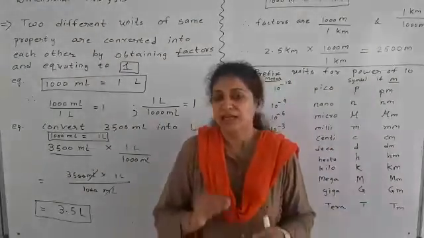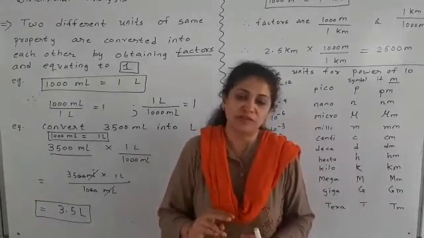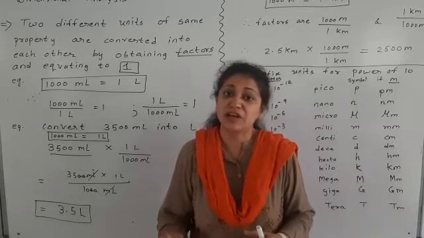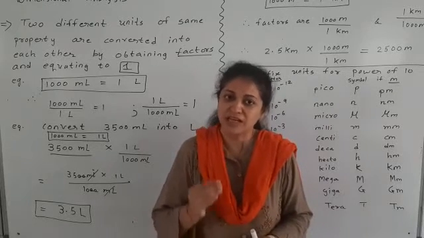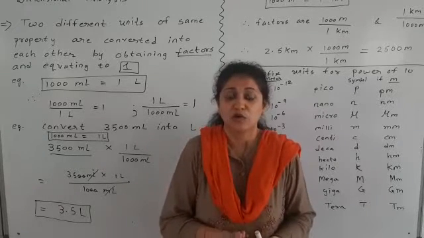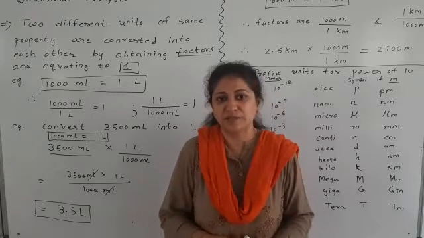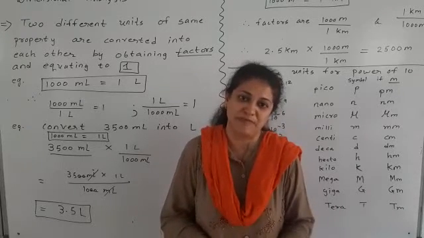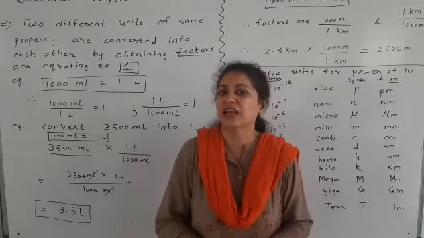As I told, in numericals we need to equate the units. If two units of the property are not the same, then we cannot substitute in the sum, so we have to equate them first. Many times we need to convert one particular unit into another for the same property. For example, length can be expressed in meter, kilometer, centimeter, and in smaller units like millimeter. So conversion of this unit from one into another is many a times needed.